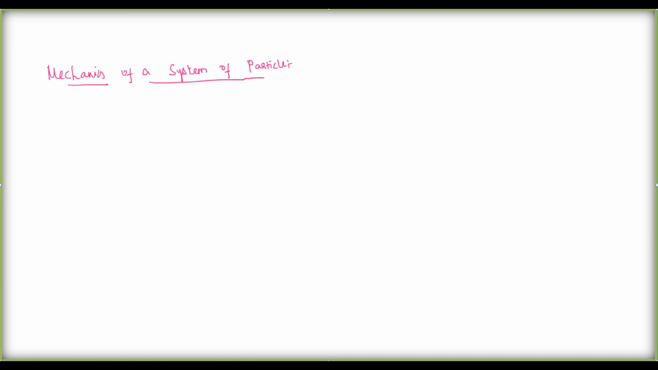So the mechanics of a system of particles, we have to take two masses, m1 and m2, with respect to the position vector from three-dimensional space, at the center of point or center of mass we have to calculate. We just have to draw the diagram and understand. Okay,